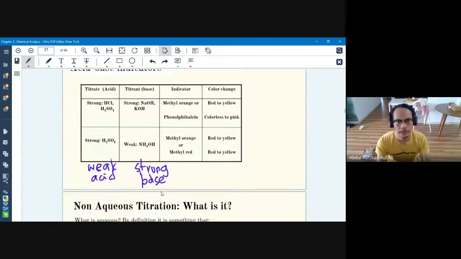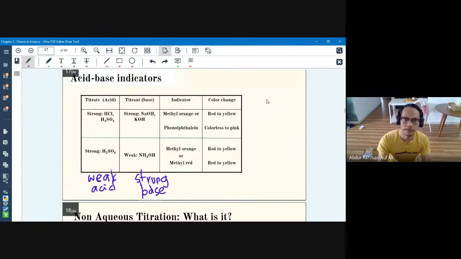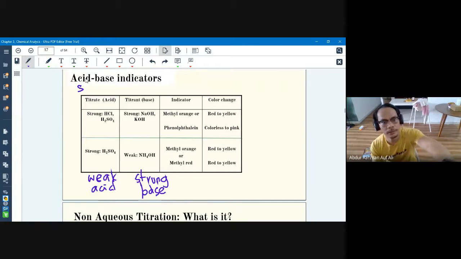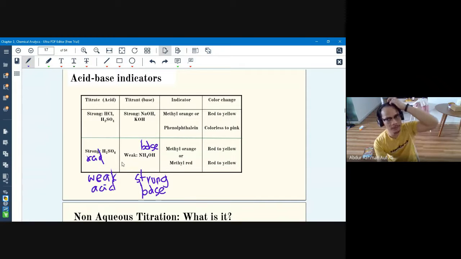Okay, so ada lagi satu dia tanya dalam soalan tadi, pernah saya tulis tepi ni. Okay, dekat atas lah. Okay, satu lagi dengan strong acid. No, tak ada dekat sini, dekat atas. Okay, so kat atas ni is strong acid. H2SO4 is strong acid. Okay, so dengan weak base. This is weak base. Sorry lah, apologies for the writing. So kalau dalam soalan quizzes tadi, saya tak ingat macam mana dia punya susunan.